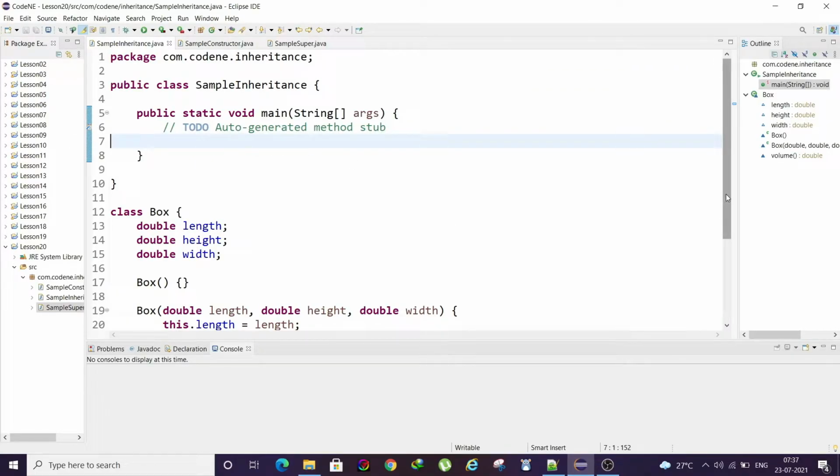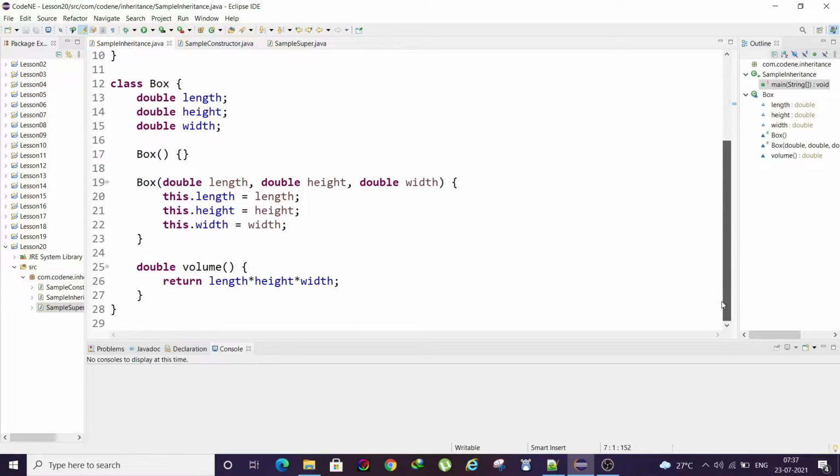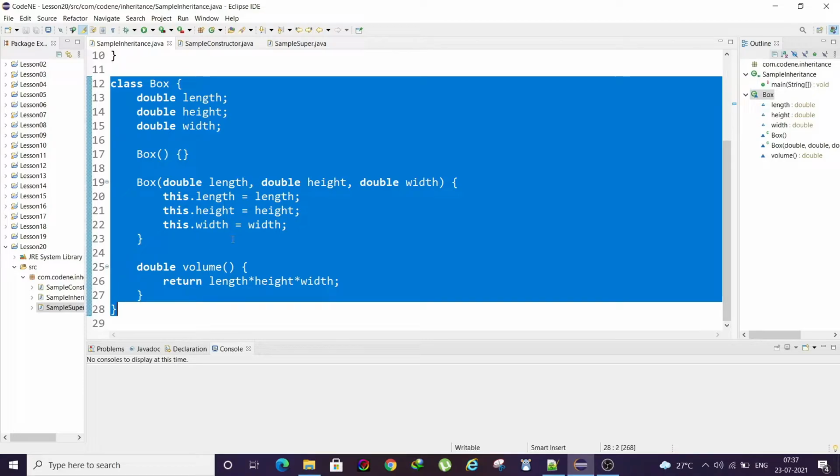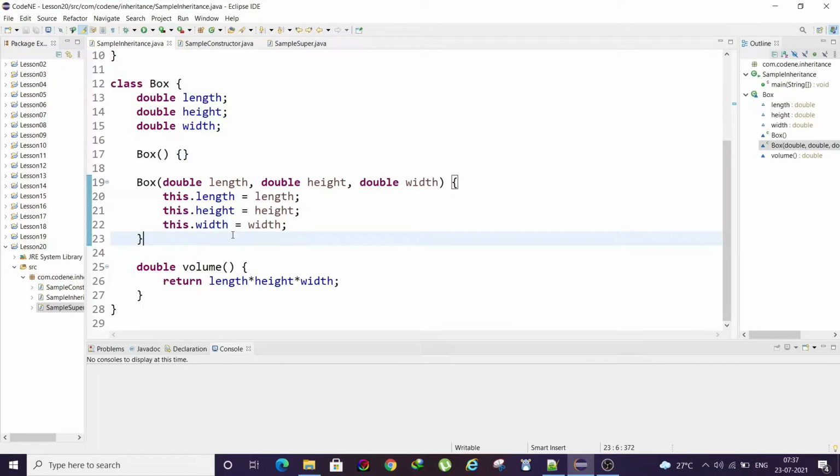Okay, here I have one sample code, right? I have a box class. You have already seen familiar examples where I used the box class to show the volume. So this is very similar to that. You have three variables: length, height, width, and then you have a constructor which is assigning the length, height and width.